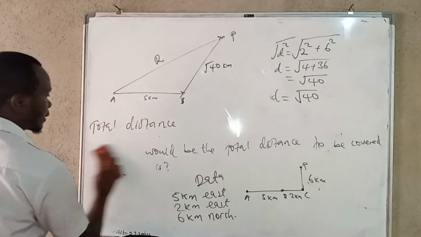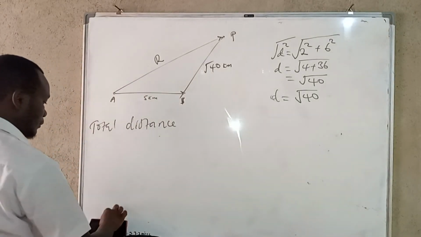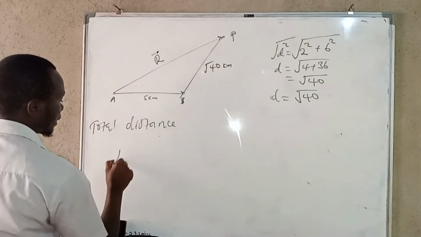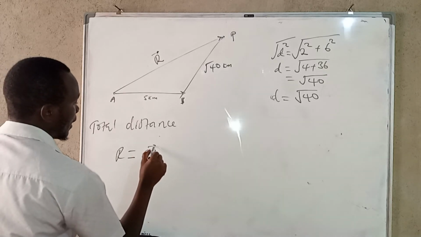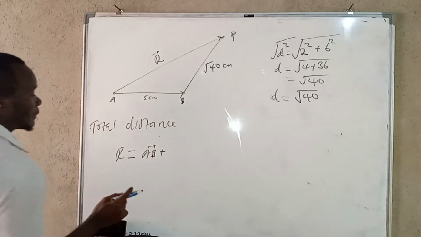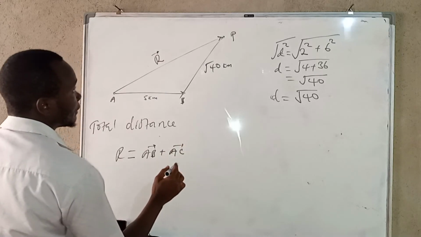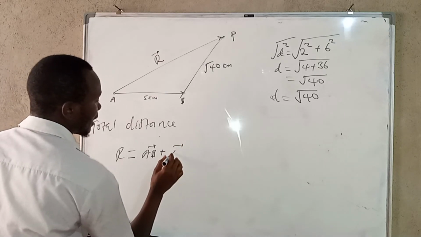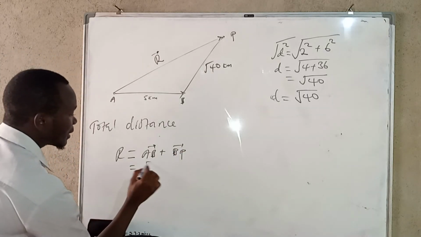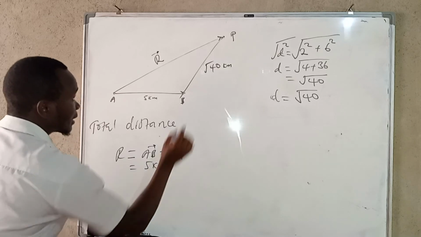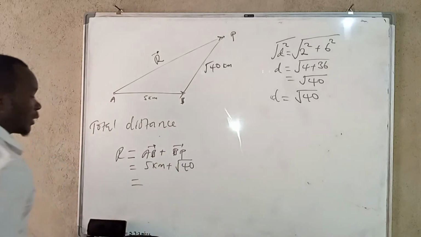So the resultant distance will be equal to AB plus BP. So here we have 5 kilometers plus the square root of 40, which will give us